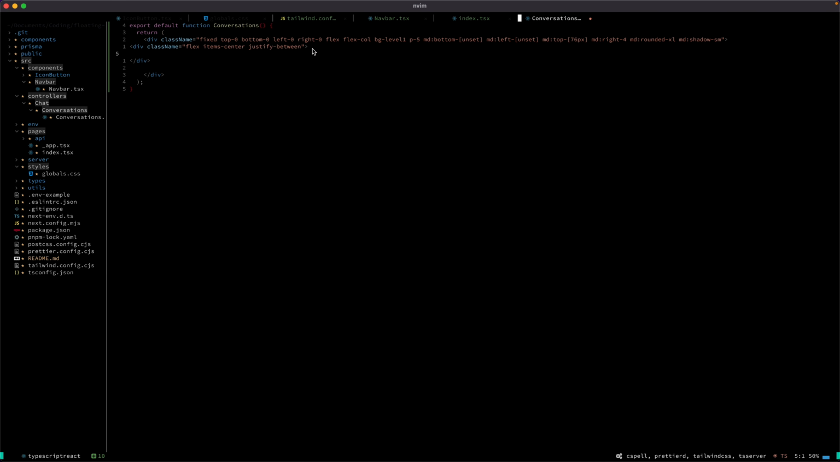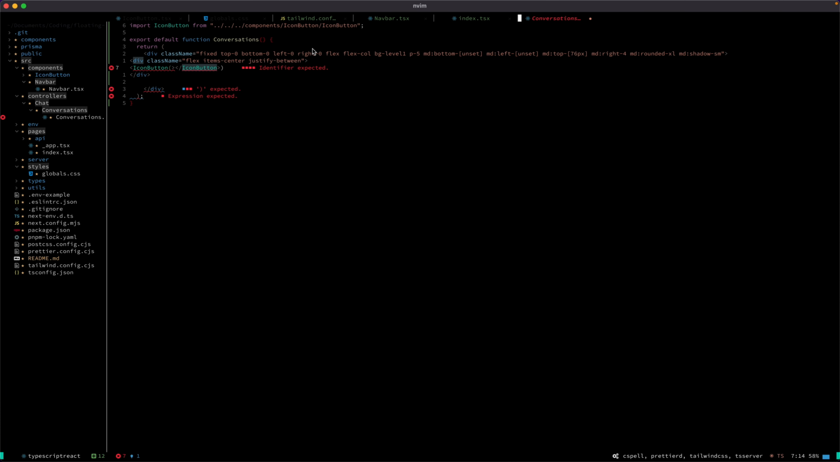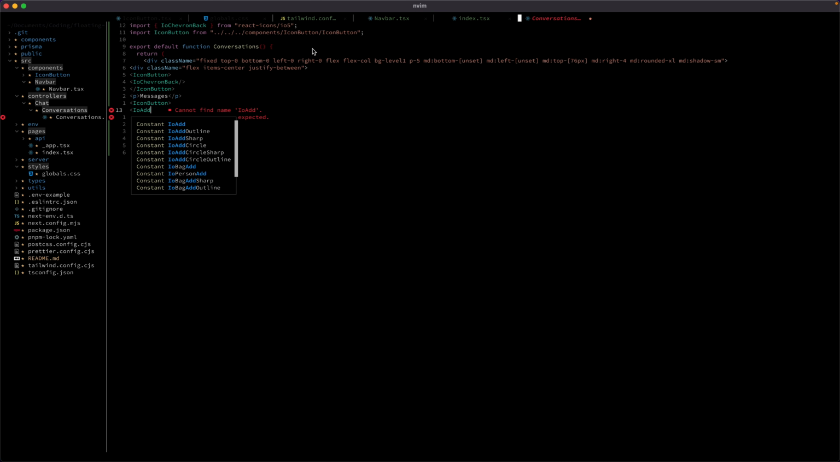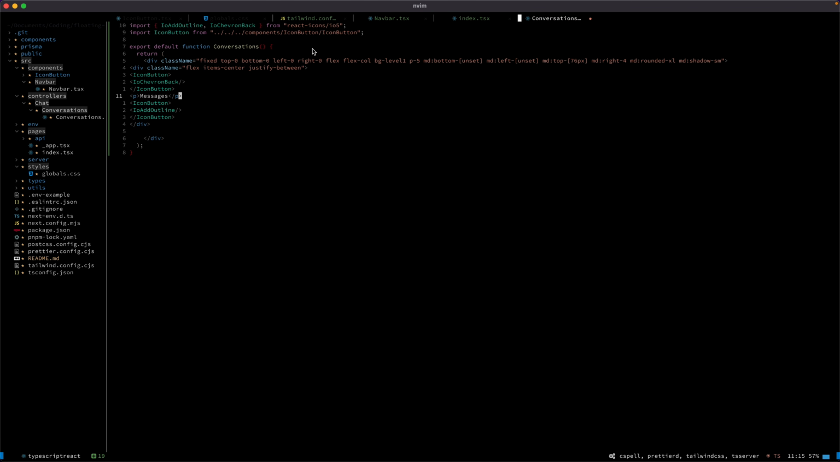And then inside that, we have an icon button that is IO chevron back. And then we have messages. And then we have another icon button. That's IO add outline. And then